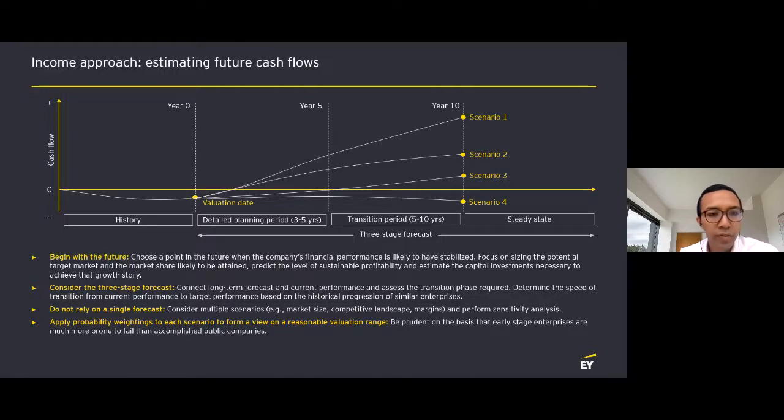And looking at it from the commercial standpoint, the legal standpoint, the operational standpoint, and the financial standpoint, whether or not what we've got as our forecasts and projections still makes sense. That's often what I see in real life. I think some of the companies fail to recognize that early, so they might have problems at later stages. And the last thing is to apply probability weighting,